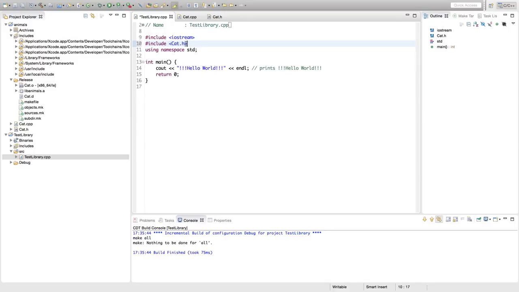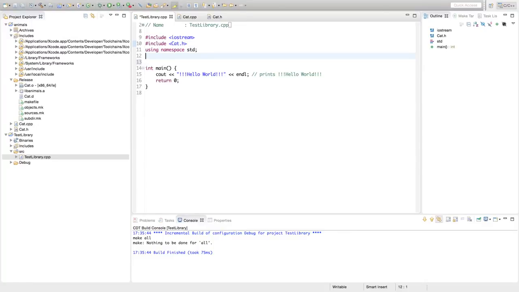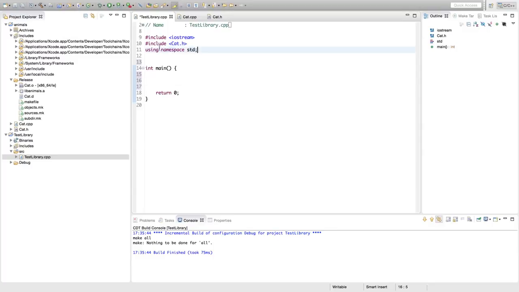I don't know that there's really actually any difference necessarily in all compilers between angle brackets and quotes, but usually you use double quotes for local headers that are in your project and angle brackets for stuff that's elsewhere. So I'll stick to what I think is the convention here. We either need to say using namespace cave of programming, or I could prefix the objects I use with cave of programming::